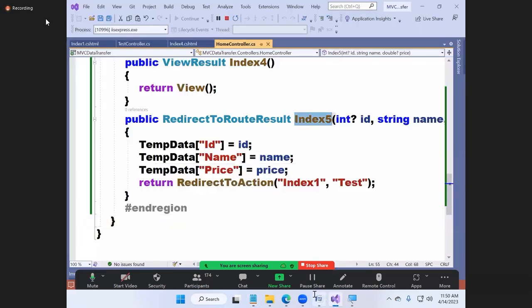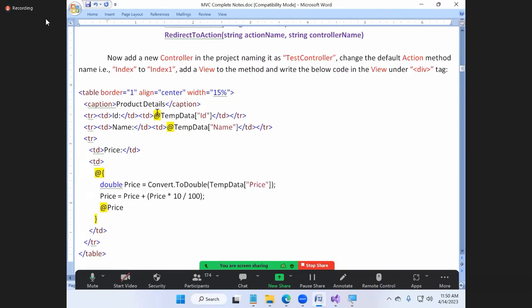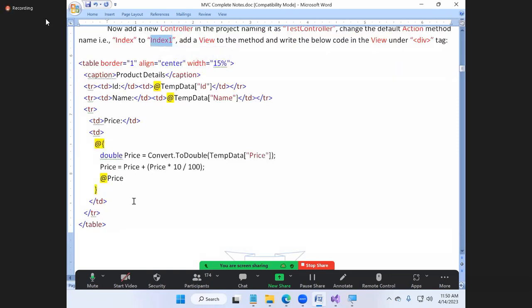Next step: add a new controller, TestController, and we have Index 1. And this is the code in Index 1. Same code only. All these views have the same code. What is changing? ViewData, ViewBag, TempData. Only that particular part. Remaining all is the same code.